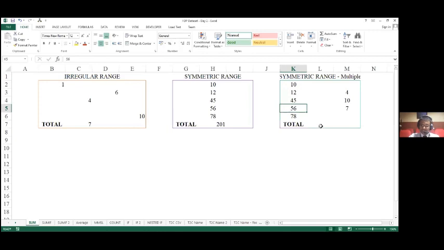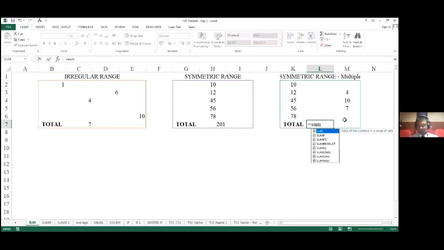So in this case, how will I use my summation formula? What I will do is equal to SUM, open bracket. Using the Control key and left button of my mouse, I will select my first series, K2 to K6. Now I have to put a comma.